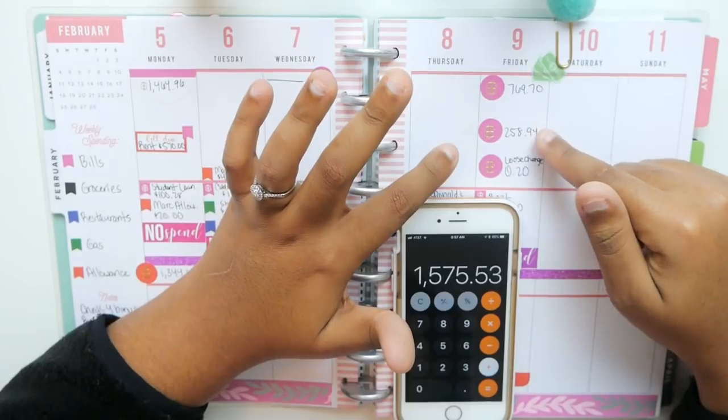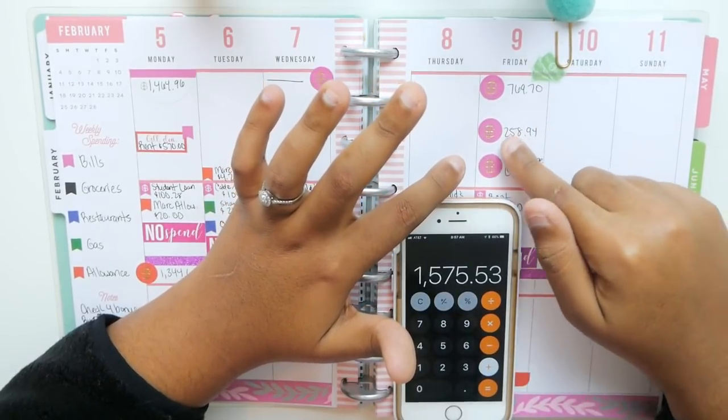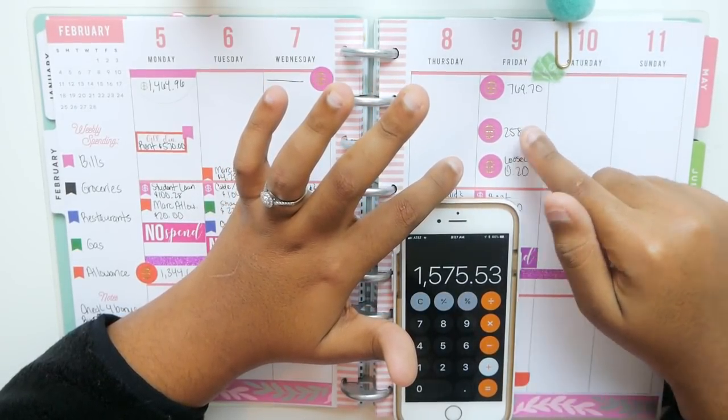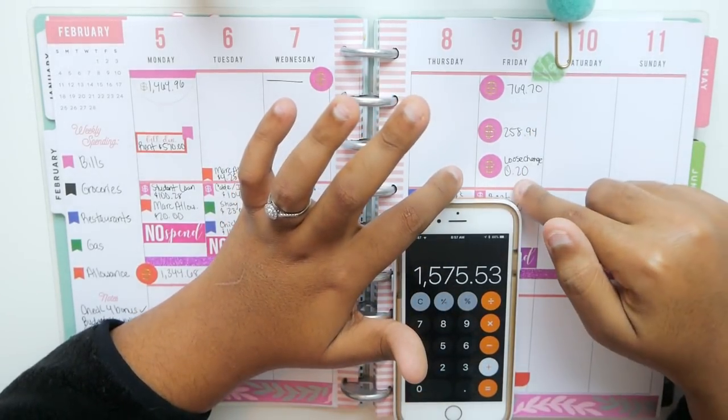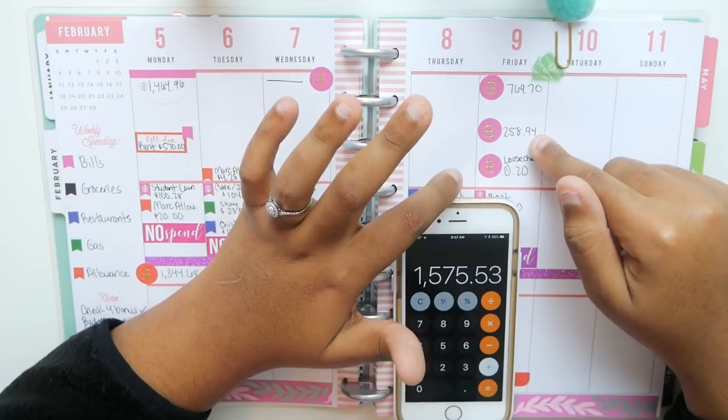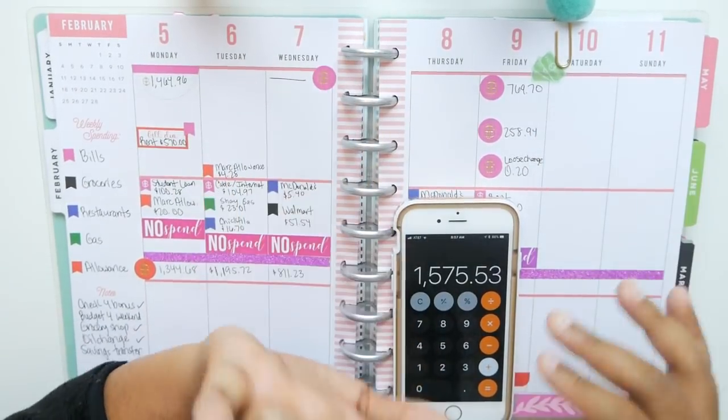And so somehow I wrote the wrong number down, and I don't have whiteout. I don't like whiteout, and I don't like scratching things out, really. So I just put the 20 cents that I forgot to add here. So that's how that worked out. So that's confusing, but